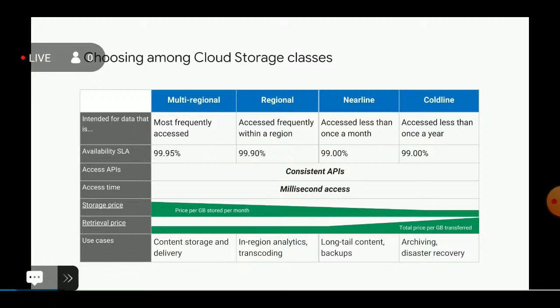Regional storage lets you store your data in a specific GCP region: US Central 1, Europe West 1, or Asia East 1. It's cheaper than multi-regional storage, but it